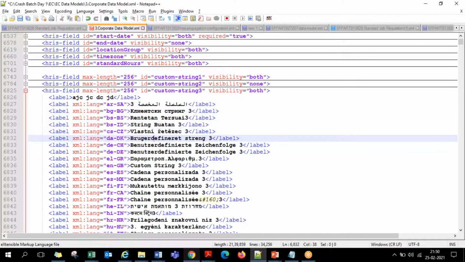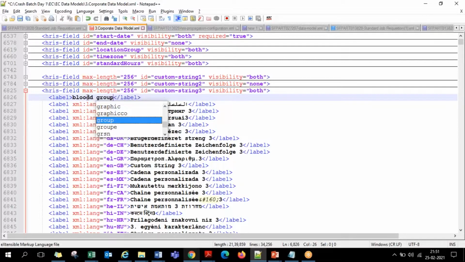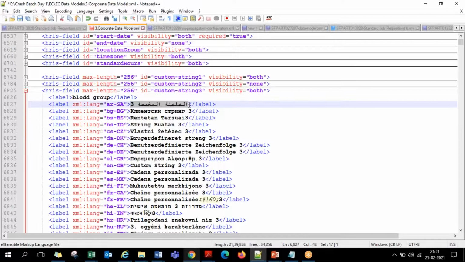Definitely. For example, if you are using the system in Arabic or Chinese, wherever the Arabic translation is shown, you are required to ask the customer. Say the field is called blood group. Of course we don't get blood group in foundation data, but just as an example. If blood group is the field you give here, the customer is required to give us the Arabic translation of that field, and we are required to maintain it here. The system doesn't translate automatically. Yeah, exactly.